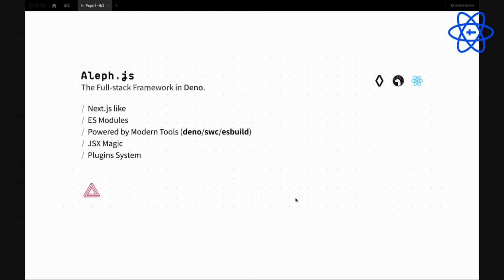I think the biggest difference between NextJS and Alifjs is that Alifjs doesn't need Webpack, since we don't bundle your app. We just transpile your code to the browser on demand.